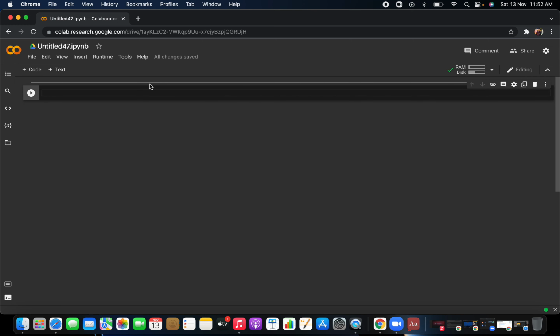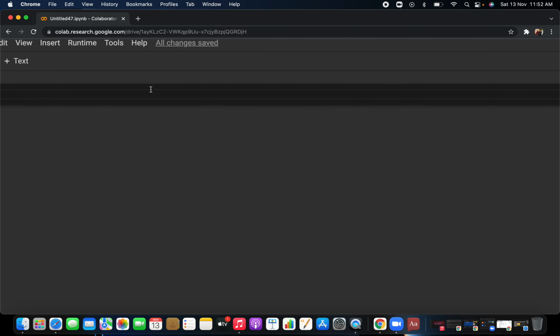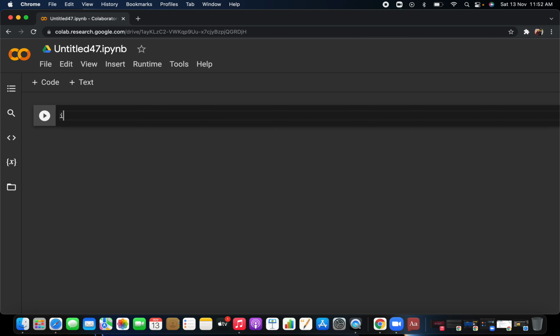Here, as you have seen in the part 1 video, we have imported torch. You already know this one: import torch. The second thing we are going to use is import torch.nn as nn. What does it mean? nn basically means you are importing the neural network module from torch, that's it.